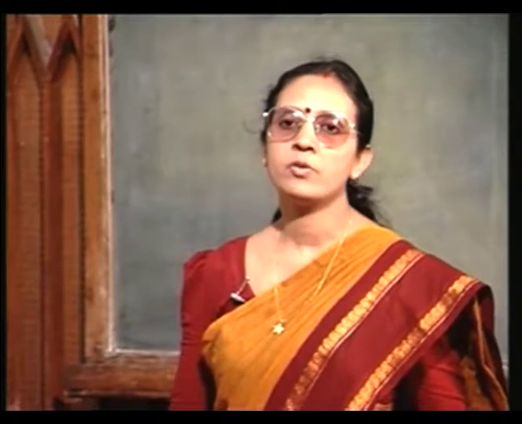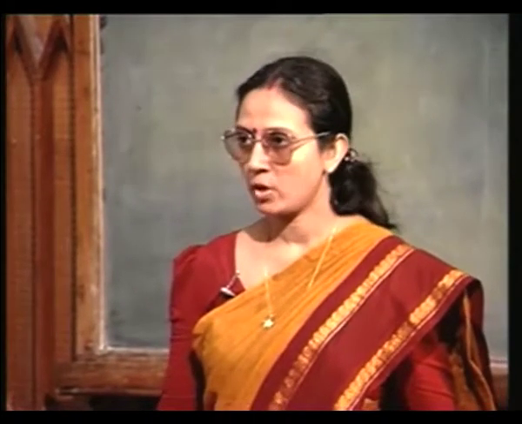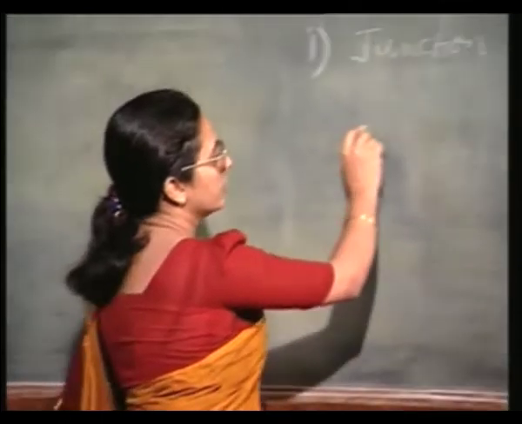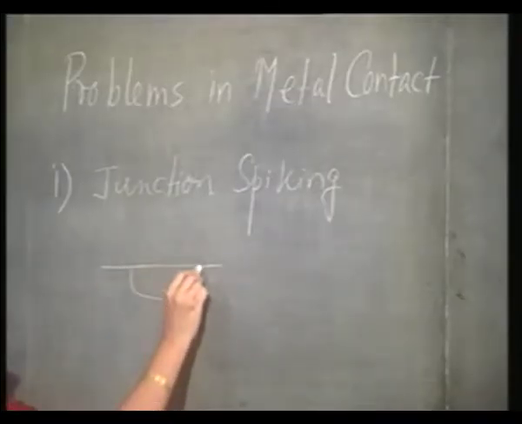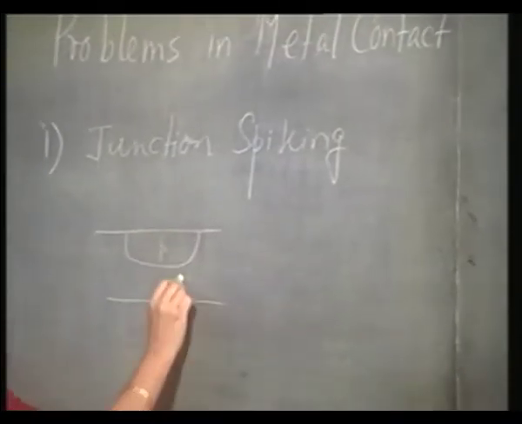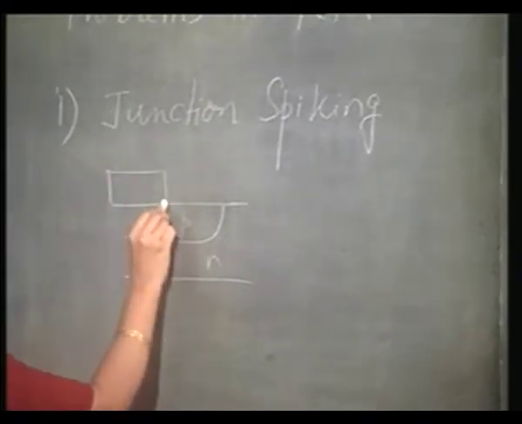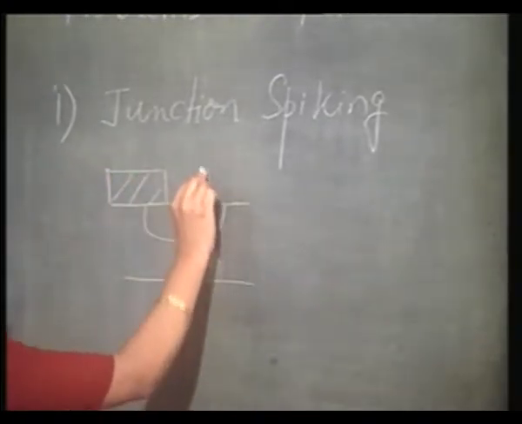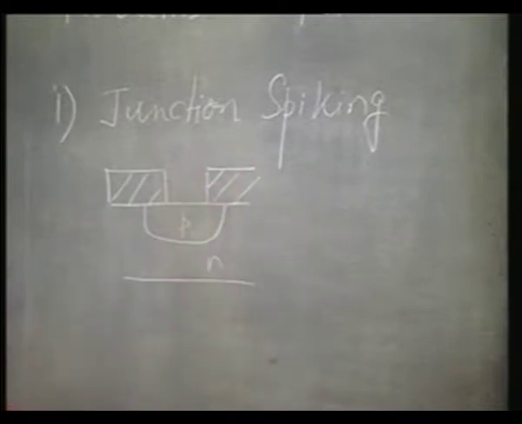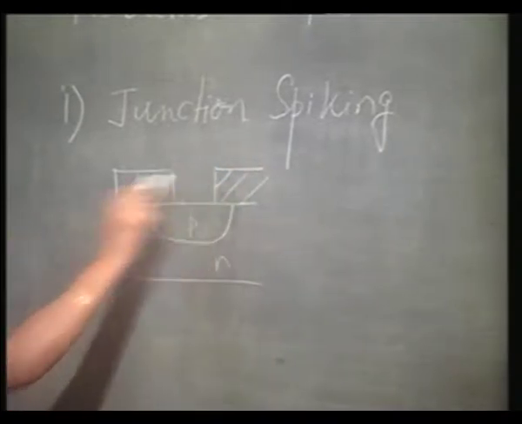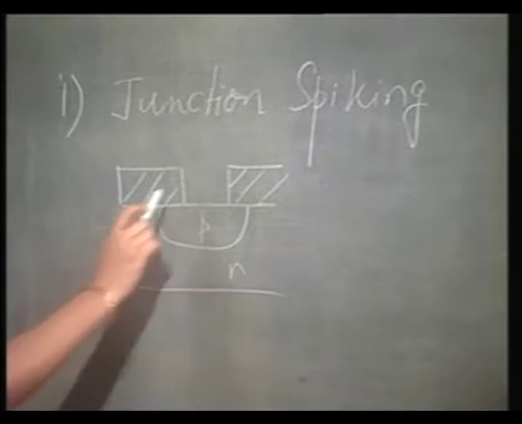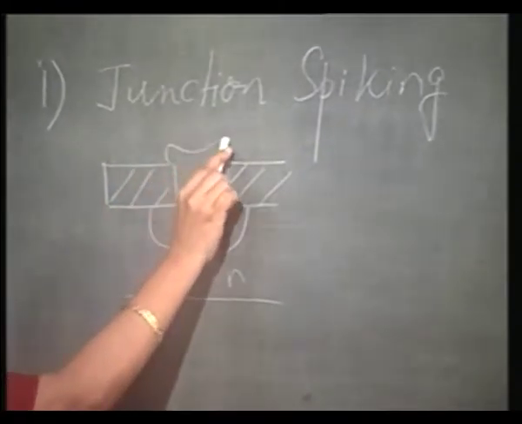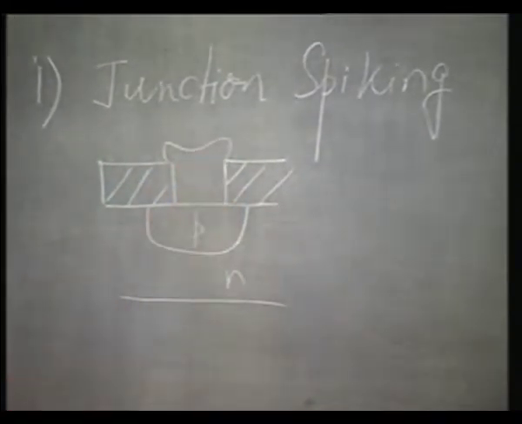I have a junction, a PN junction, and I have put metal on top of the P region, let us say. Okay, that is to say, I have this PN junction. These portions are protected by oxide. So, this is my contact window and I want to put metal there on top of this,